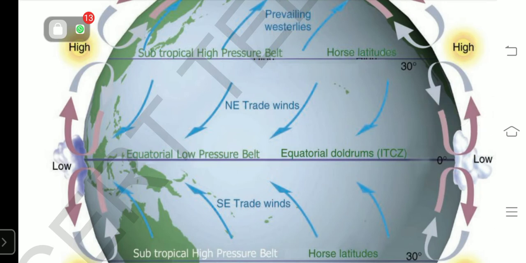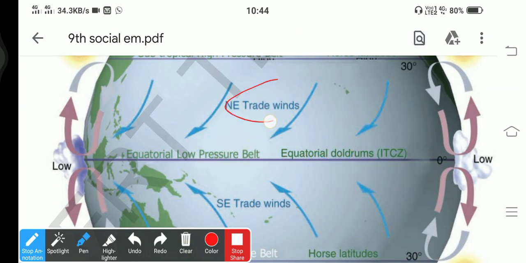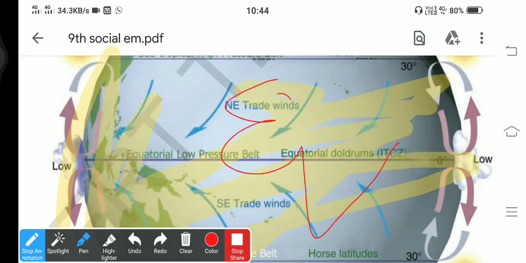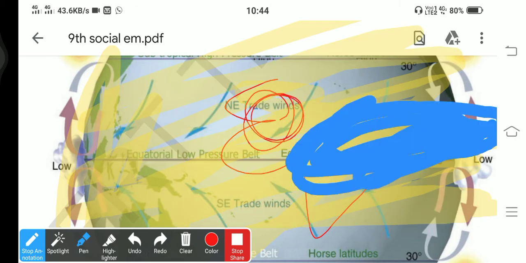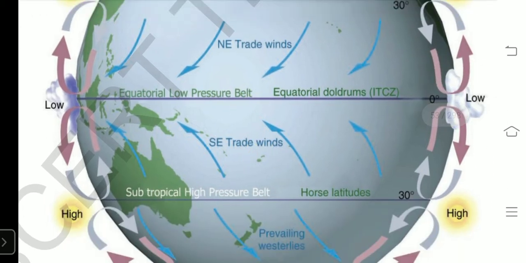There is a low pressure belt developed in the northwestern part of India, that is here, understand, this part is a low pressure belt in the summer, right? That is the northwestern part of India. And so the southeast trade winds, the winds which come from the southeast direction, will reach India